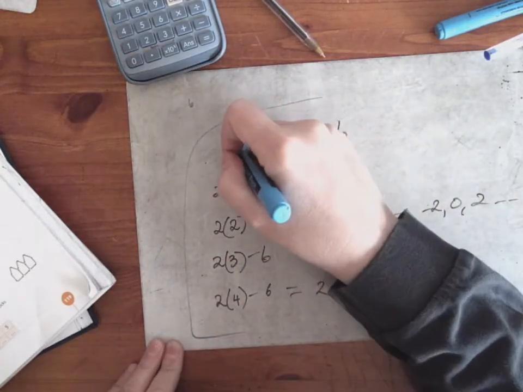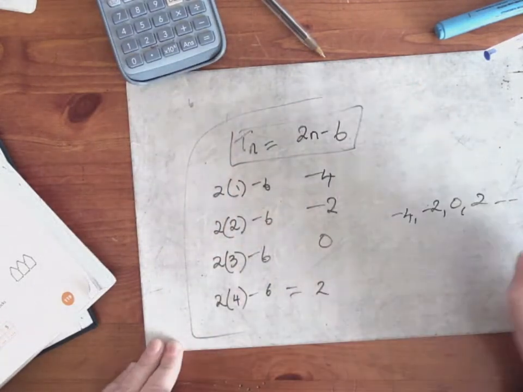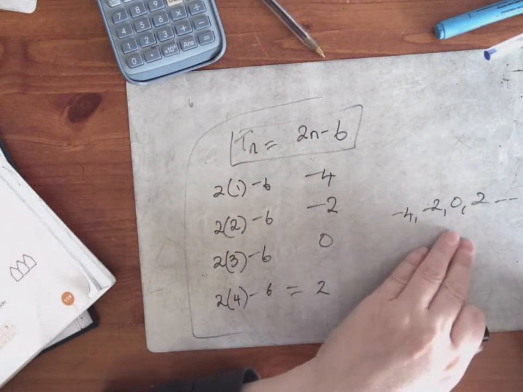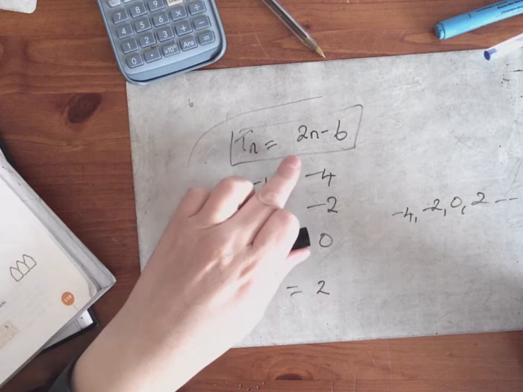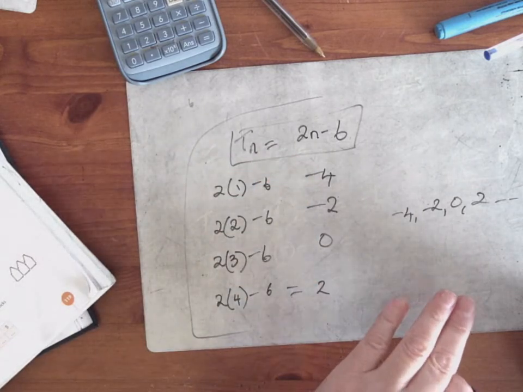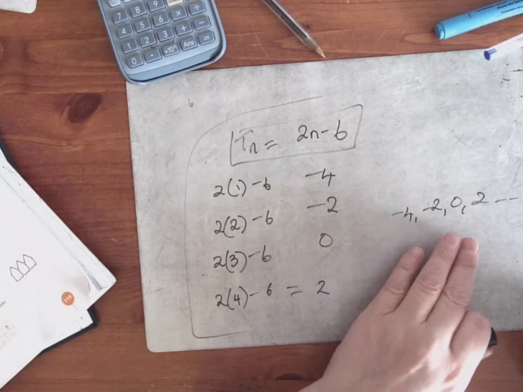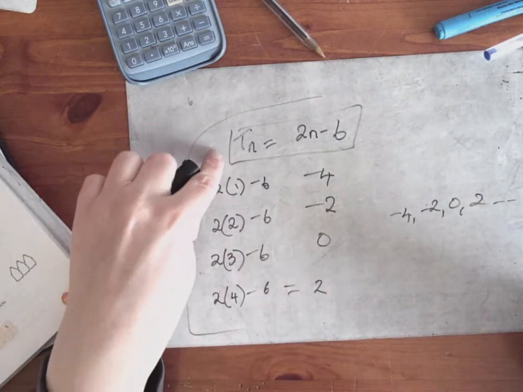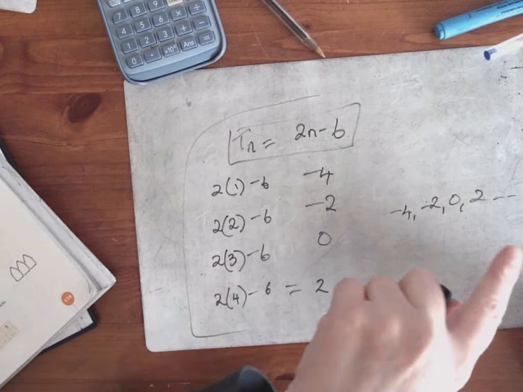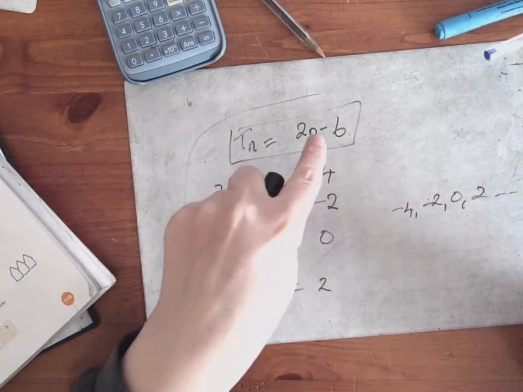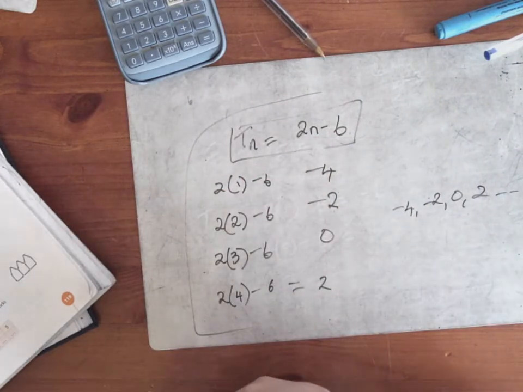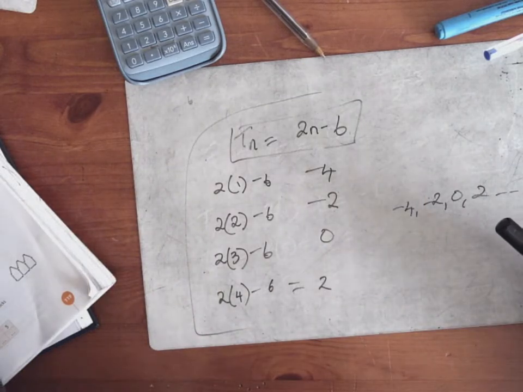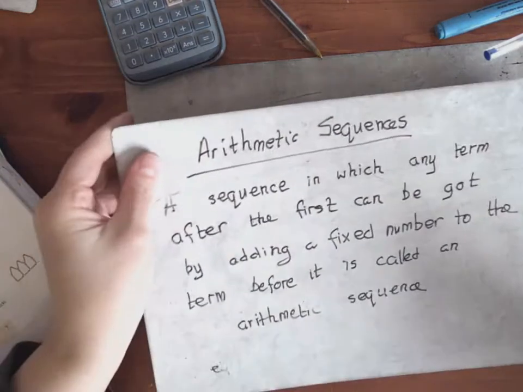So I would have given you Tn and said show me the sequence. Today I'm going to give you the sequence and tell you to get me Tn. So it's the opposite way around. Yesterday I said here's Tn, show me the sequence. Today it's here's the sequence, get me Tn, get me the rule. Before I show you how to do that, I have to tell you what an arithmetic